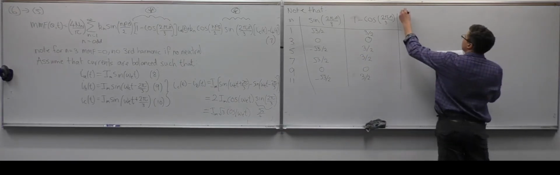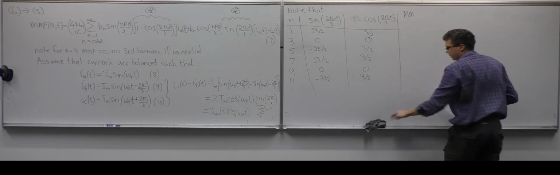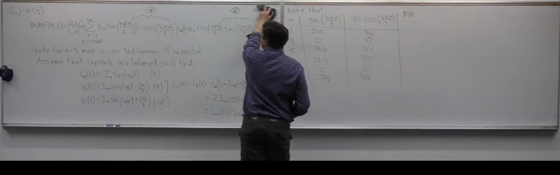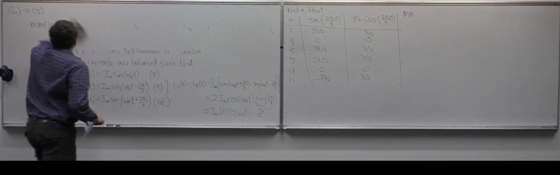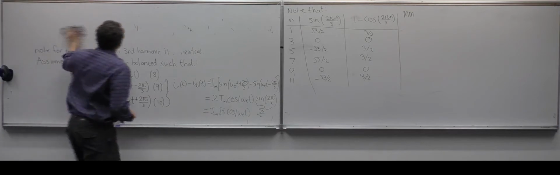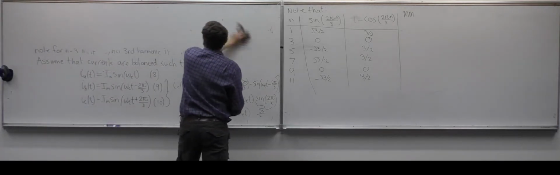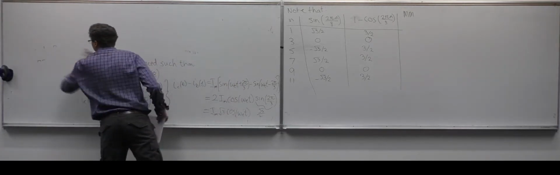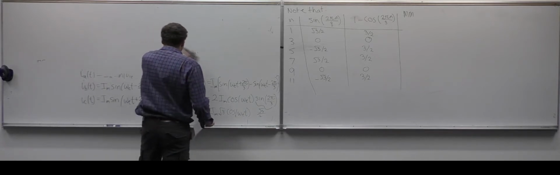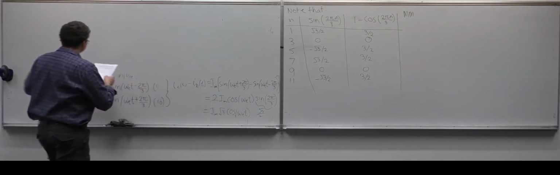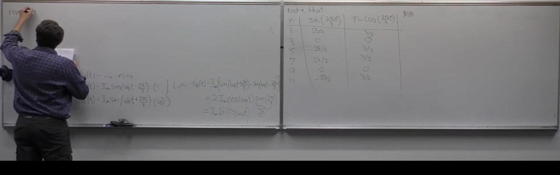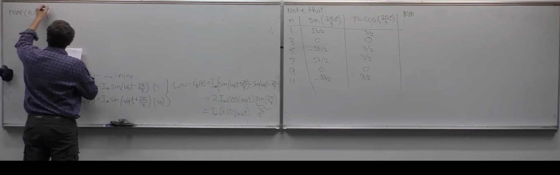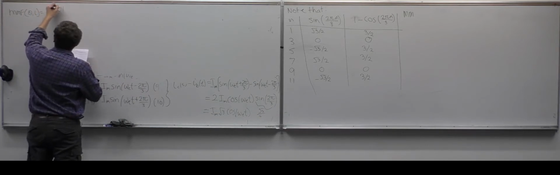I might run out of space, so let me do it over here. So we'll have MMF is equal to 4 NW. Now I've taken out the IM,